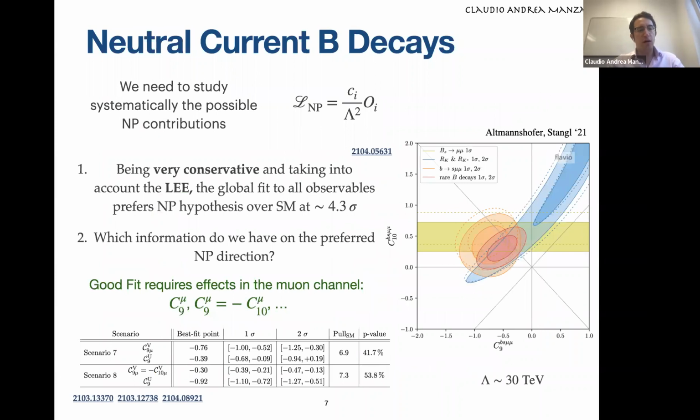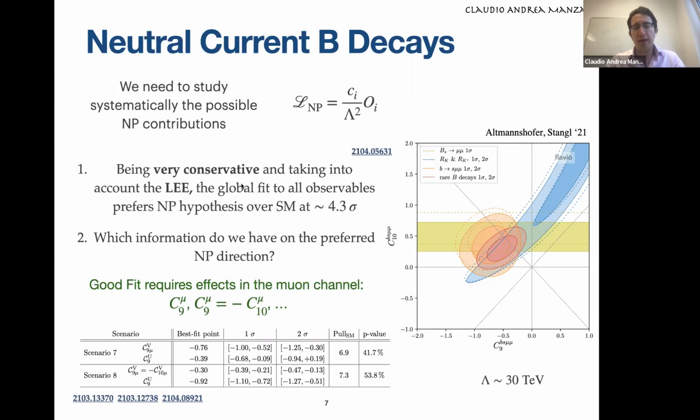Let me also give you some detail on the main results that have been obtained so far. The theory community mainly worked in two directions. The first one is to, first of all, understand if data requires or not some new physics contribution. And recently, a group here in Zurich, being very conservative and taking into account the look elsewhere effect, was able to estimate, performing a global fit to all data, that data prefers the new physics hypothesis over the standard model